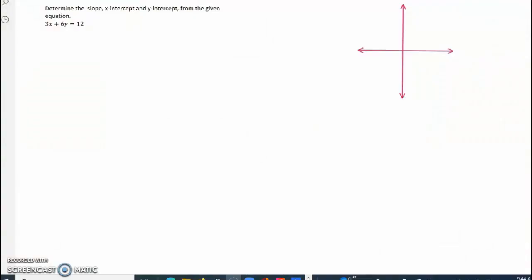Hi there. In this exercise, you are asked to determine the slope, x-intercept and y-intercept from the given equation 3x plus 6y equals 12. All right, let's just do a little review before we begin the problem. The review would entail